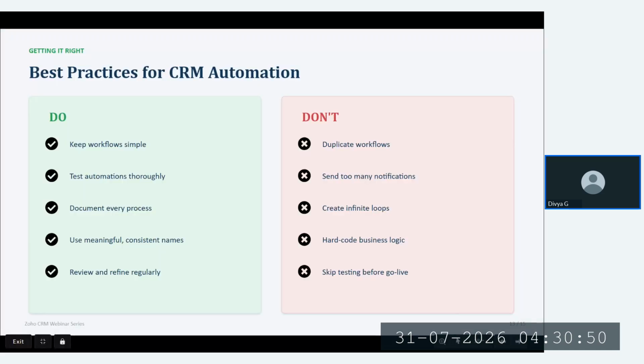For that, I would like to show you something. Let me stop this screen. Give me a minute. I am opening the demo account to show the automations and everything live.